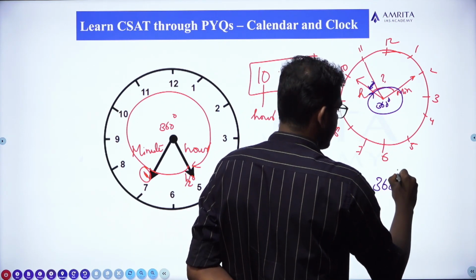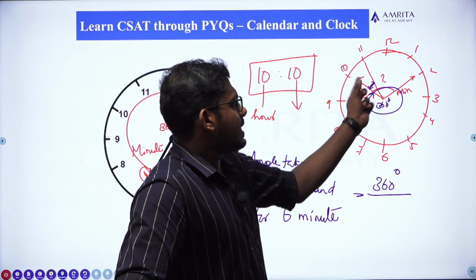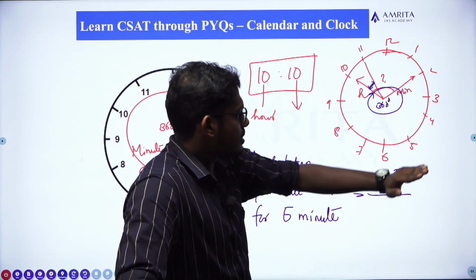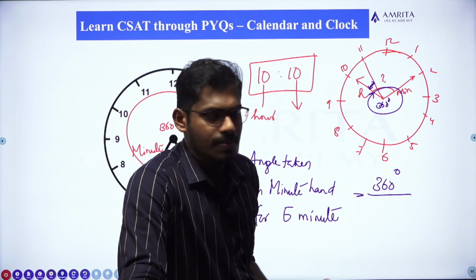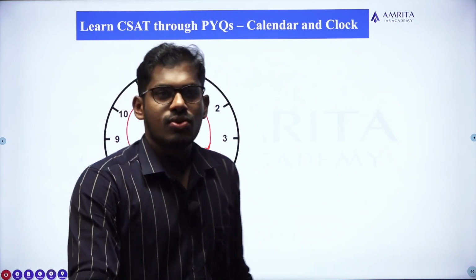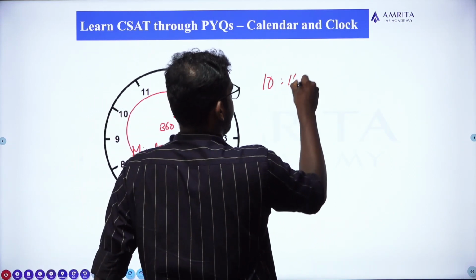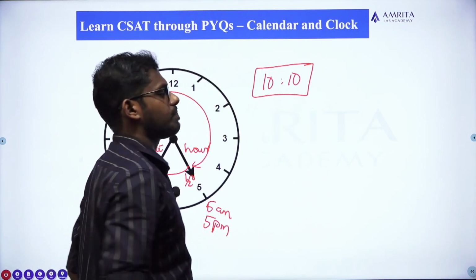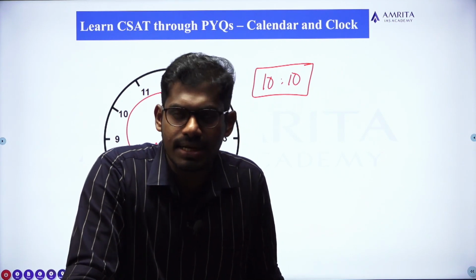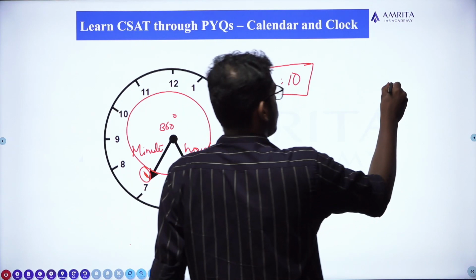360 degree divided by... See, 5 minutes indicates 10 to 11. Clear? So there are 12 digits, 12 units are there. 12 indicates 1 to 12. Clear? So let me take an example. 10:10. Clear? Okay. So we have to find the angle made by the hour hand and minute hand at 10:10. Clear? Okay. So